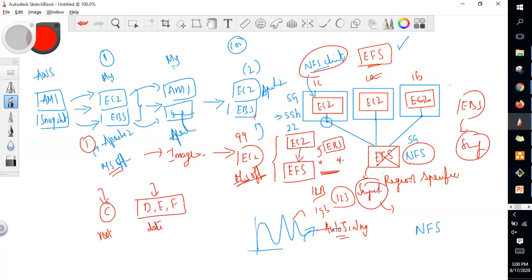If I'm moving from EBS to EFS, how does data migration happen? See, even if you are using an EBS volume or EFS volume, you are actually using it through an EC2 instance only. So in EC2 you will have a folder for EBS and you will have a folder for EFS. Copy it, use the cp command, simple. Migration is not needed, that is just called copy.